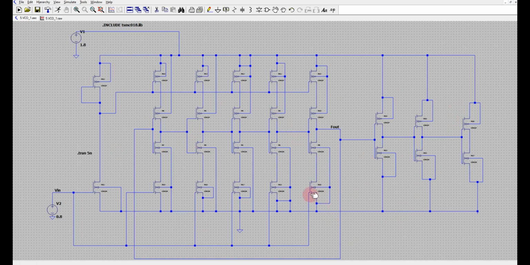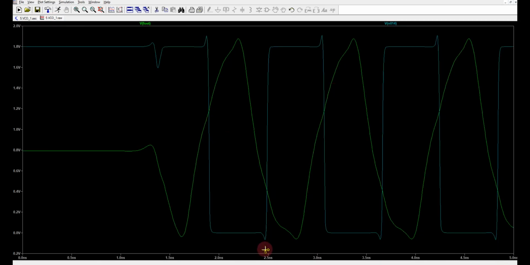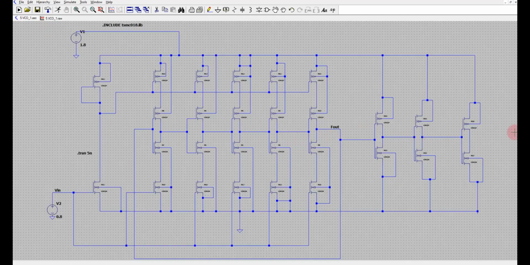You can experiment by changing the width of these transistors, or adding a few small capacitances at each of these nodes, to decrease the frequency. This is giving frequency in some gigahertz, because 0.5 nanosecond only is the period. But if you want a megahertz range signal, then either you can keep increasing the number of transistors, or probably you can just add small capacitances here. All those kinds of experiments you can try yourself, and in case there is any doubt, you can revert back to me.